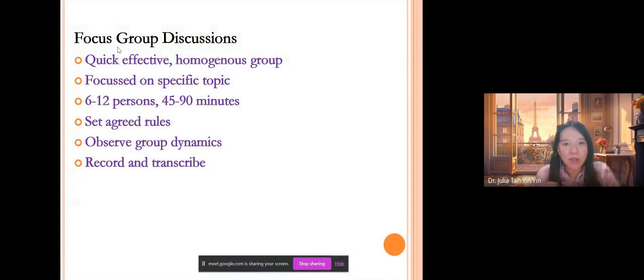Or let's say a company is marketing their sanitary napkins. So interviewees will surely be women. So they will invite, let's say, 20 to 40 years old women to come and attend the focus group to discuss the new sanitary napkins they are going to issue in the market. So this is quick, effective, and it's a homogeneous group because